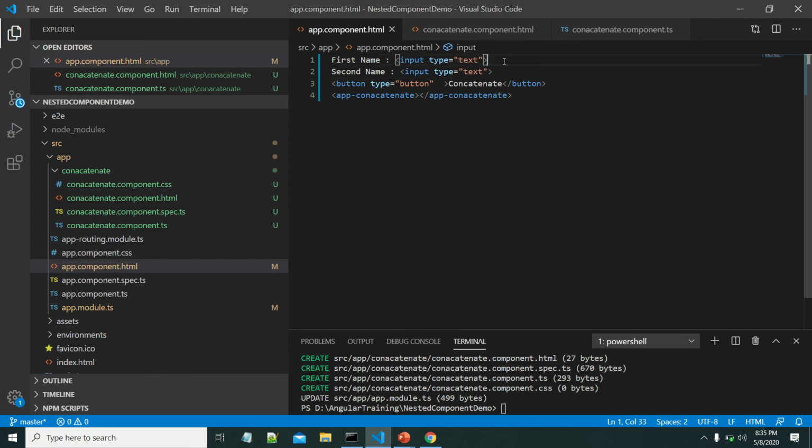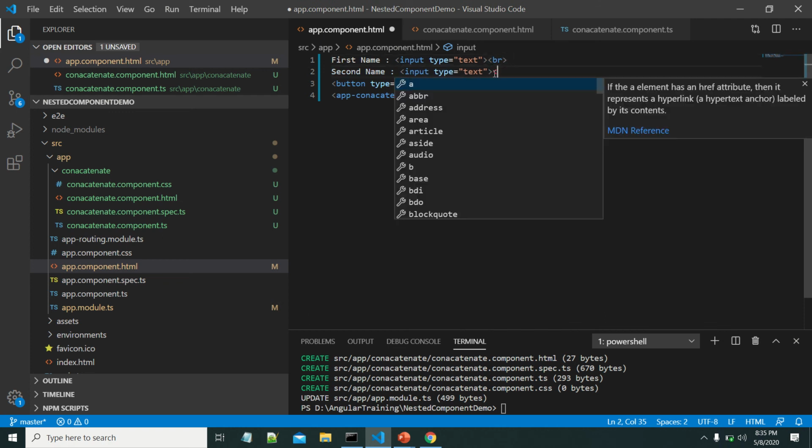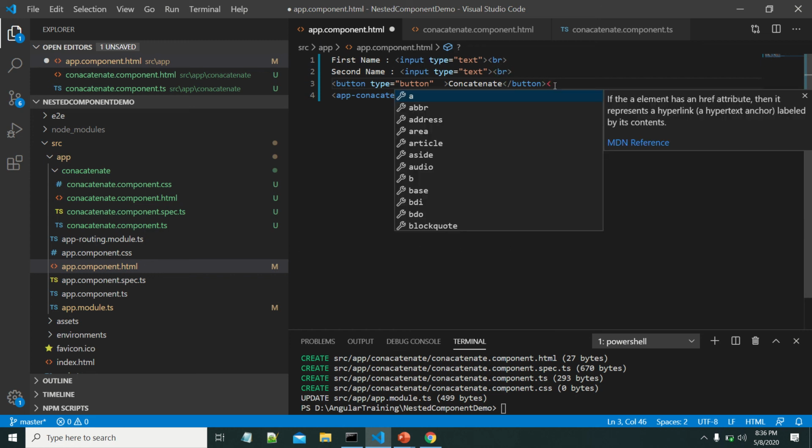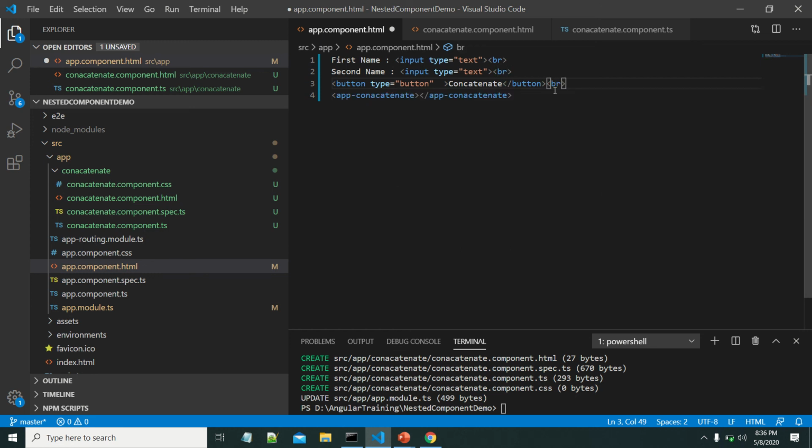Okay, let me give some br tags for the new lines. Now I have used app concatenate, so app concatenate becomes the child component for the app component.